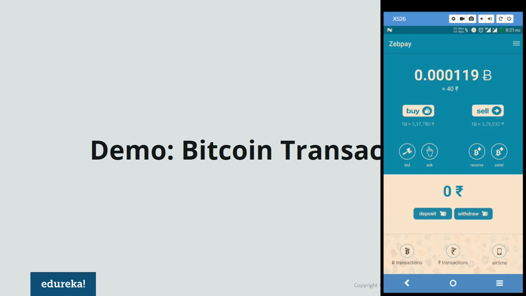Now, while I'm waiting for this, let me also show you another feature of the blockchain wallet. Let's say you've sent a transaction or received an amount from someone and you want to verify or check the status of it. Okay, so it seems I've already received my bitcoins. For any transaction, if you want to check the status,